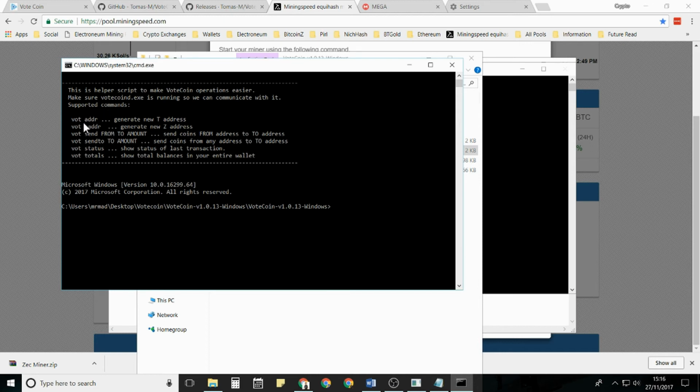Just read the help file here. VOT address, generate a new T address. Simply type in VOT space ADDR, push enter. We have now just created our very first Votecoin address. What you want to do is highlight this and copy,